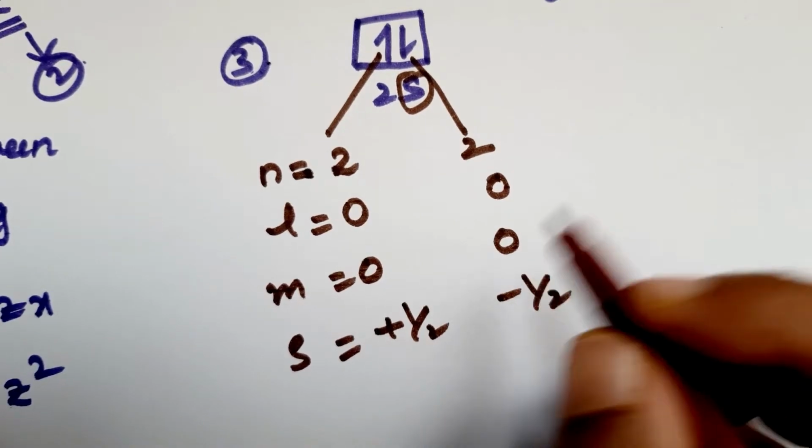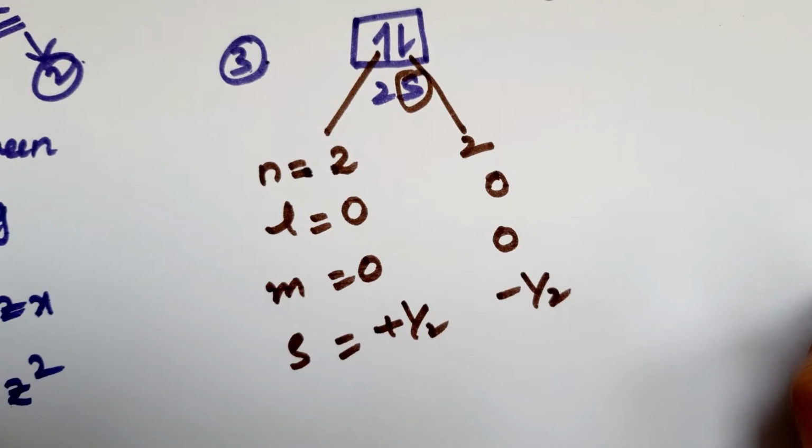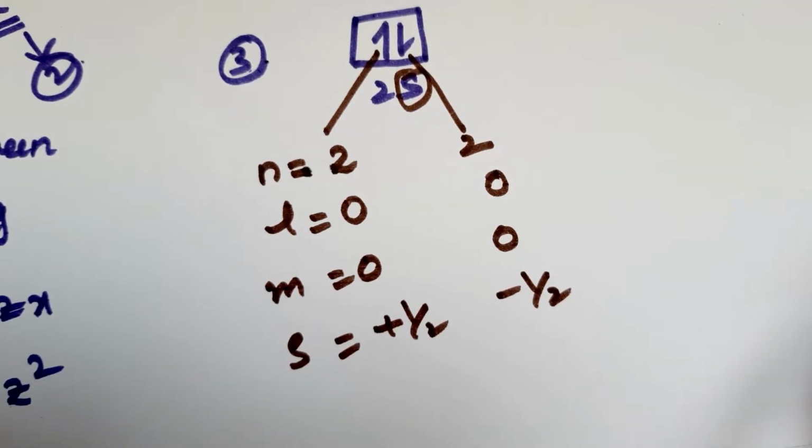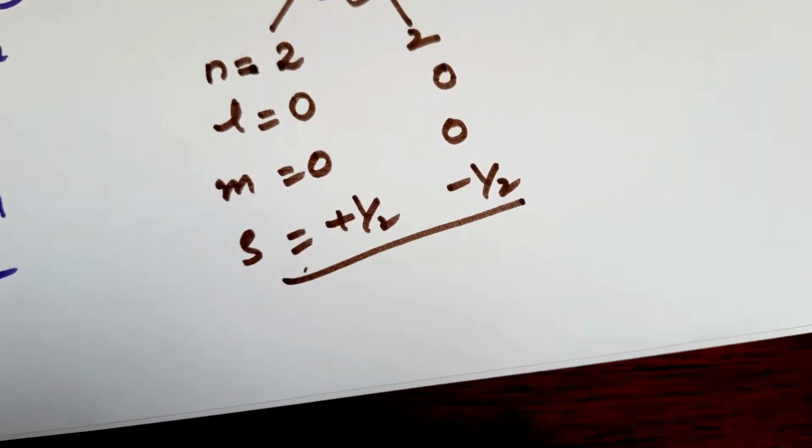Of all these, you can see that one electron is clockwise and the other one is anti-clockwise. It may be plus or minus half, but both are in opposite spins. On observing the above, three quantum numbers are the same, but one is different. In which way can we distinguish them, students? It is distinguished by means of the spin quantum number.